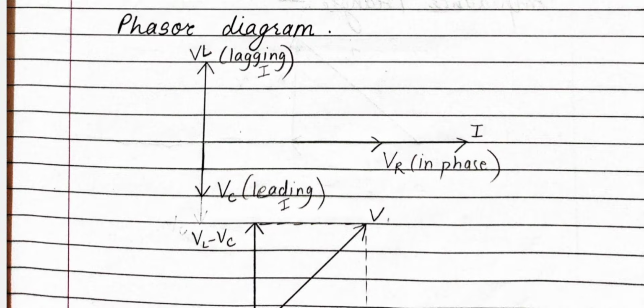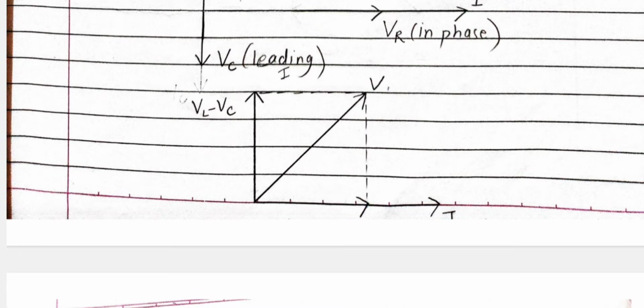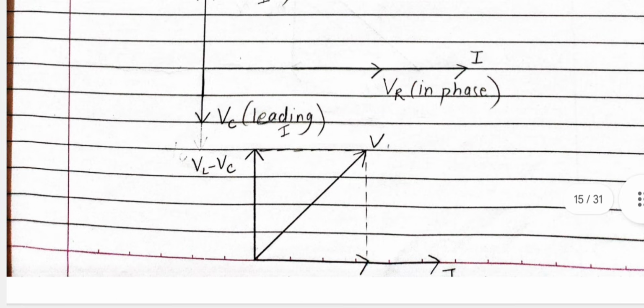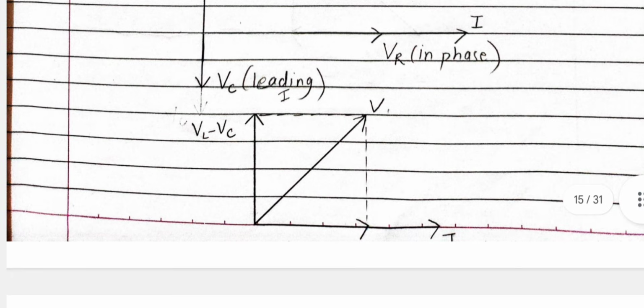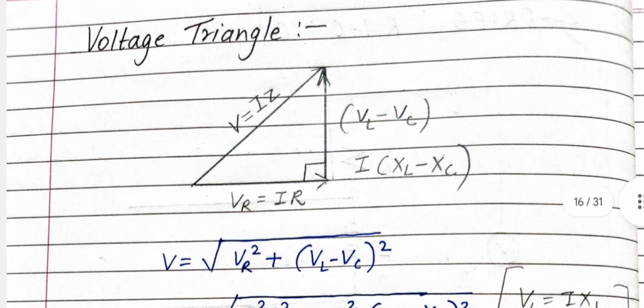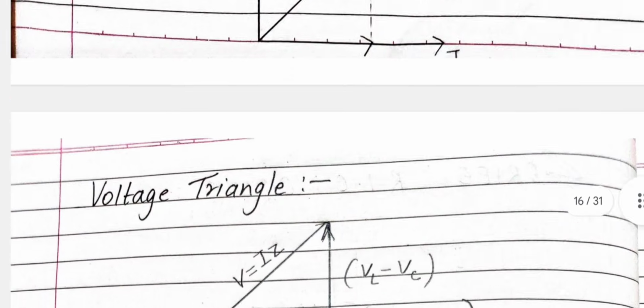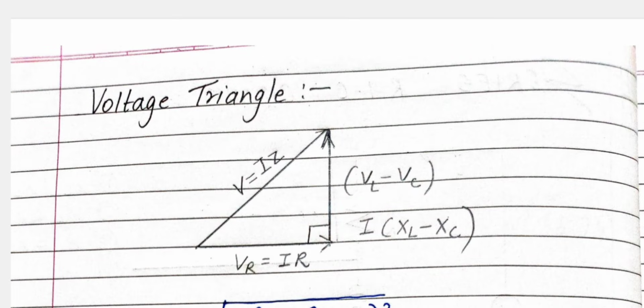And with the help of this phasor diagram you can draw this one, as we have VR on the bottom, you can write, and VL minus VC. Remember why VL minus VC? Because VL is greater than VC, so here you will write VL minus VC. Similarly, in the case which we will see, VC greater than VL, we will write VC minus VL. So the resultant will be your V. This is your phasor diagram. Then we have the voltage triangle. With the help of this only you can make it. Now I think you know the idea how you have to make the voltage triangle.